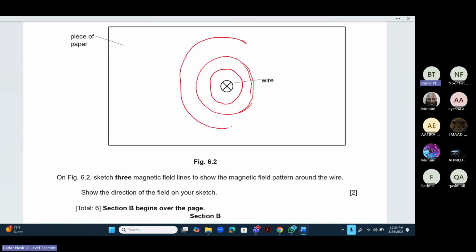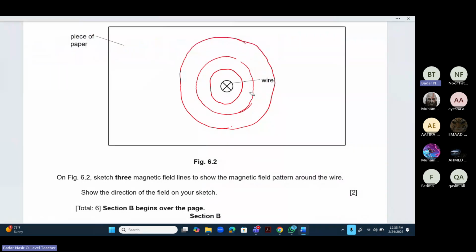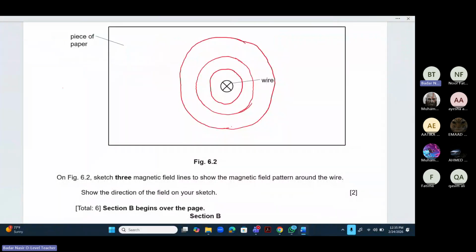Okay, so we have these three magnetic field lines, pardon my circles. ठीक है बड़े ऑफ किस्म के बन गए मेरे से, but it's fine. हाँ तो वो देखो दरमियान वाली जो है स्टार्टिंग थोड़ी क्लोज है। Exactly, so we have to draw three circles. अब आपके पास when a wire carries current into the page तो अब आप if you use the right hand grip rule तो आपके पास जो field lines हैं they are going to be clockwise so you have to mark the correct